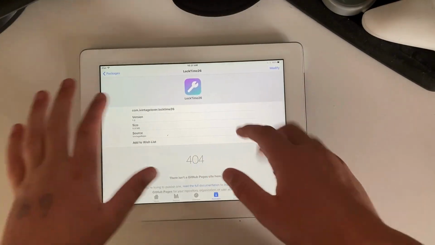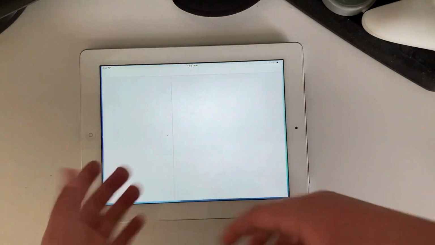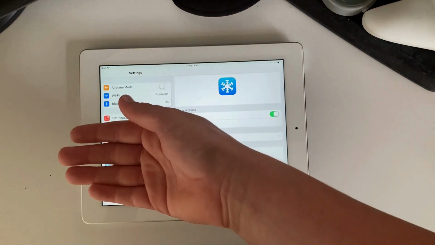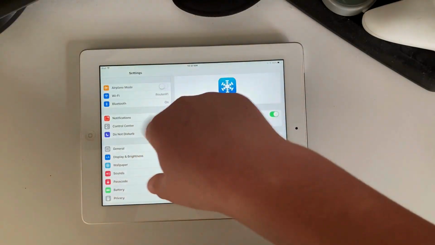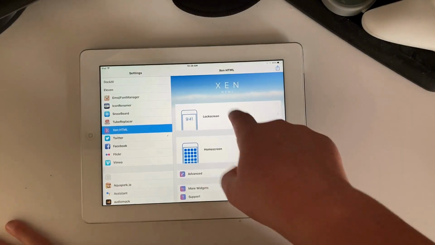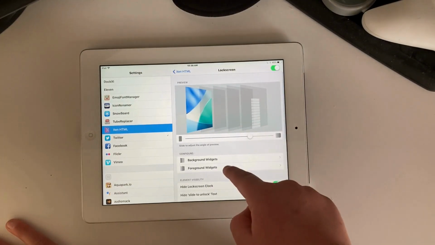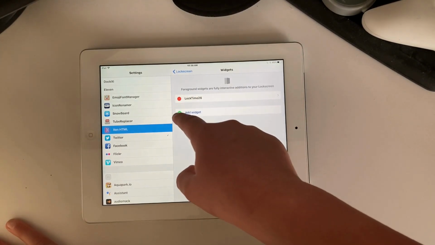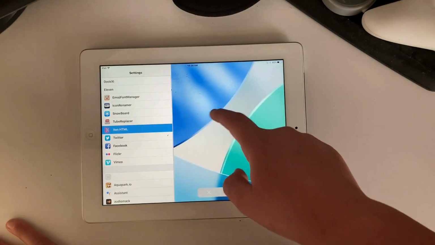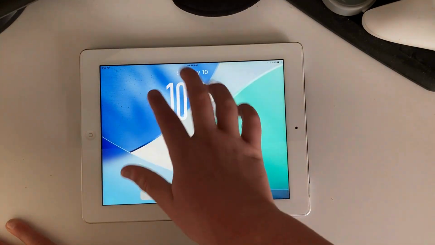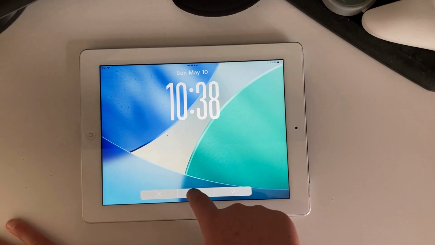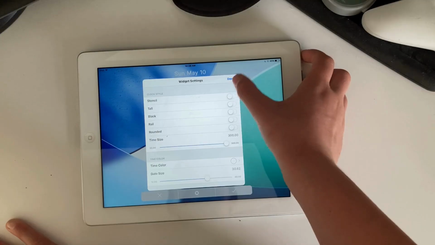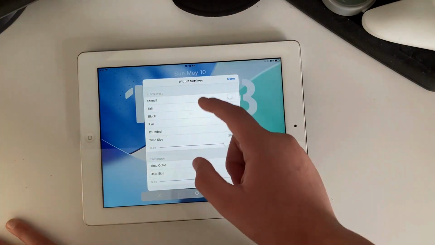To set it up, we go to the home screen, settings, and then go down until we get to Zen HTML. In Zen HTML, click lock screen, foreground widgets, and you'll see Locktime 26. To change the settings, it'll look like this, okay? You can click on settings, and then you can change it from tall to